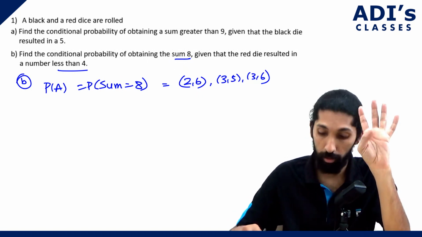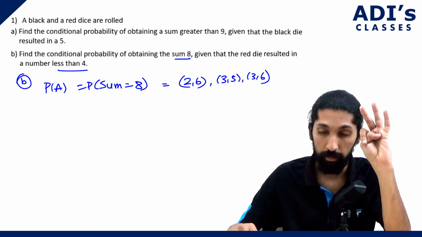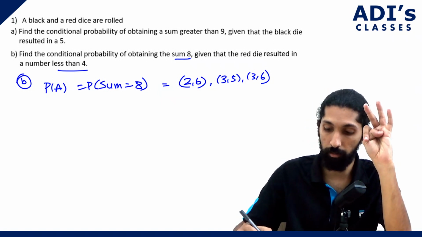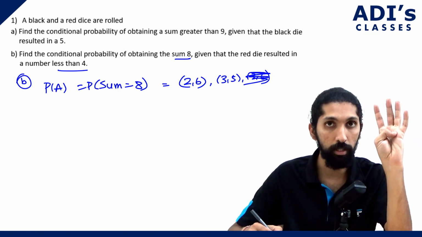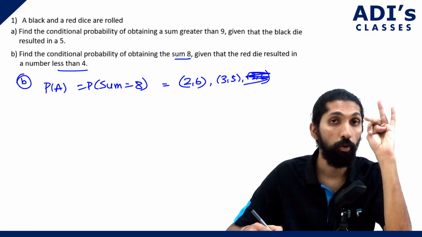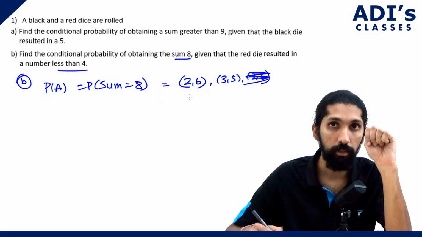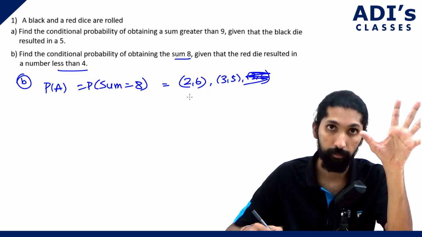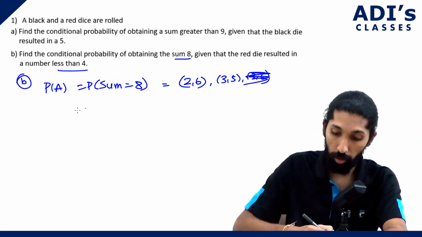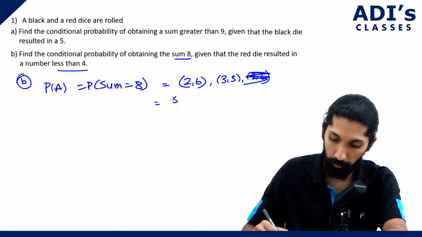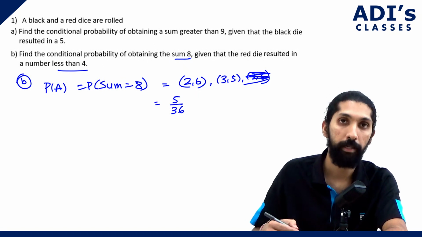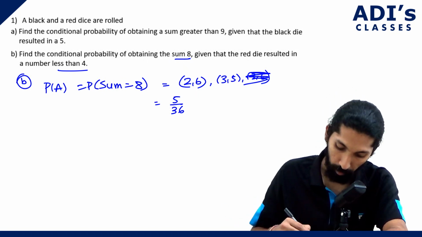Yeah, so 2, 6, 3, 5. So 3, 6 will not come because 3 and 6 will give us a sum of 9, right? So 2, 6, 3, 5, 4, 4, 5, 3, 6, 2. There are 5, correct? So the probability of this one is going to give us 5 out of 36, right? The next one, P of B,